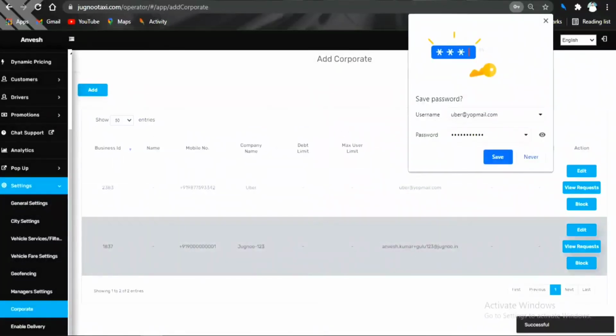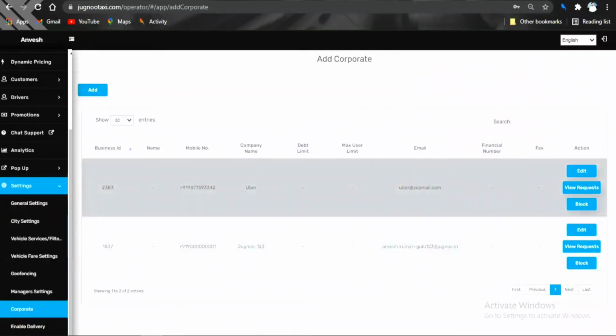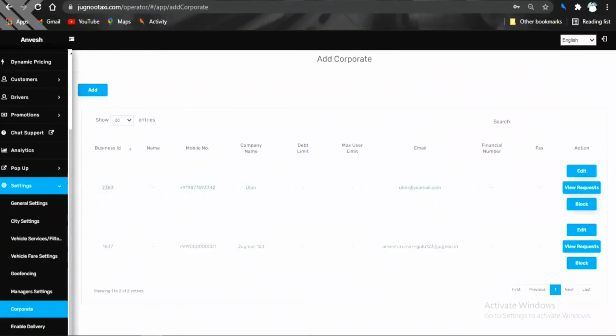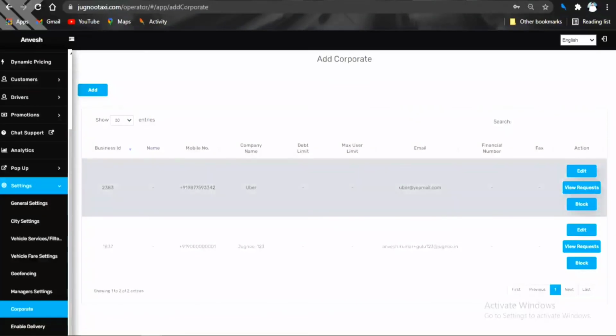By clicking add, you can see we have simply added a new corporate called Uber. So Uber will be another corporate now. I was currently logged in to the Jugno123 corporate, and I can also log in using the credentials.